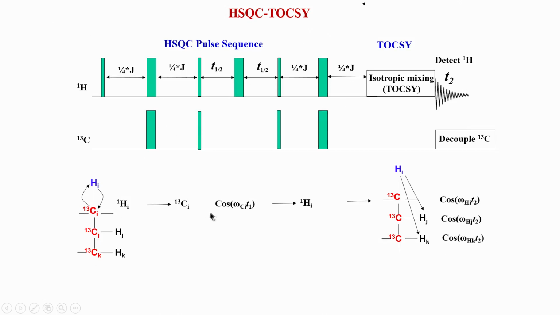But here you can see now we have got information of Ci chemical shift correlated with Hj. Not only that, we have now got Ci chemical shift correlated to Hk as well, because all this combination will come: this cosine into this cosine, this cosine into this cosine, and this cosine into this cosine. So, these 3 combinations, all of them will come, which I will show you shortly. So, these 3 have been correlated with this carbon, which would not have happened in a normal HSQC.